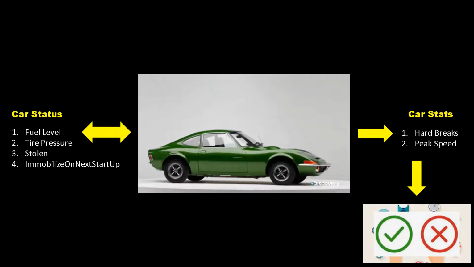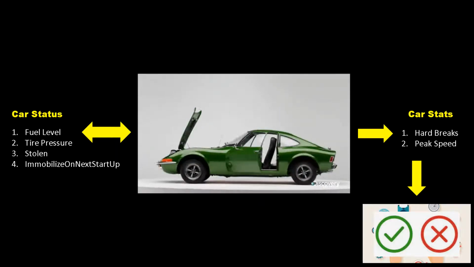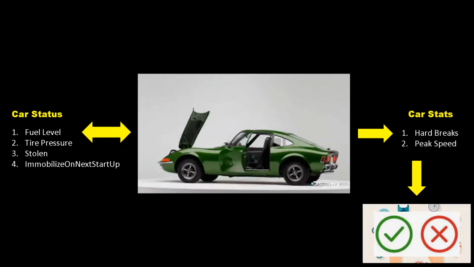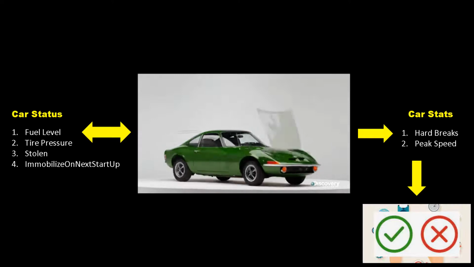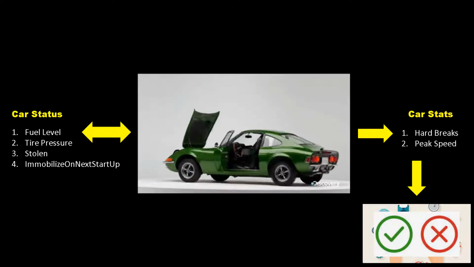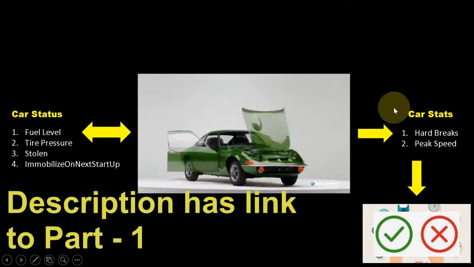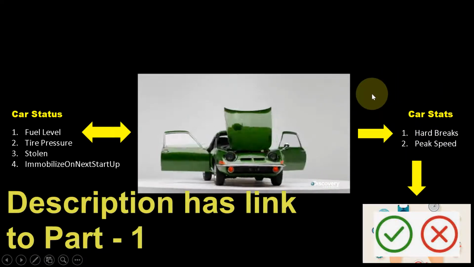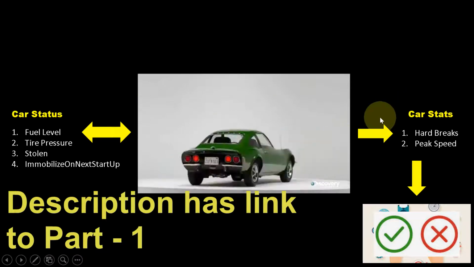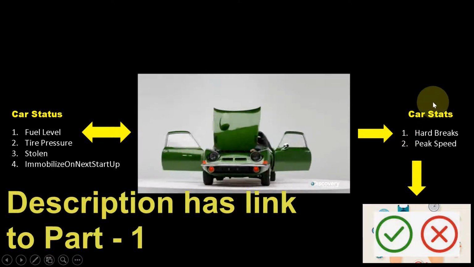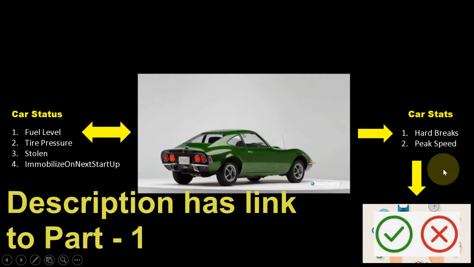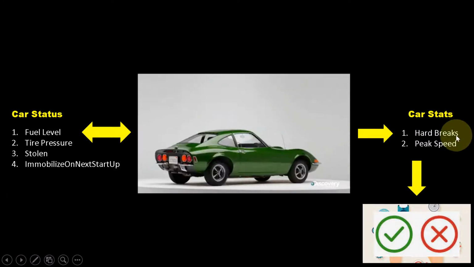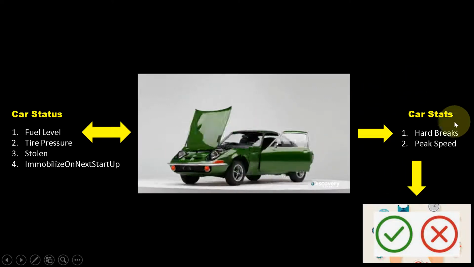Now in part 1 we learned about what IoT is, we installed Node-RED, and we actually did fairly complex Node-RED flow creation. We took care of the right side of the equation, where the car was able to send the information about the hard brakes and the peak speed. That information was then collected on a topic and sent to a DynamoDB table without writing a single line